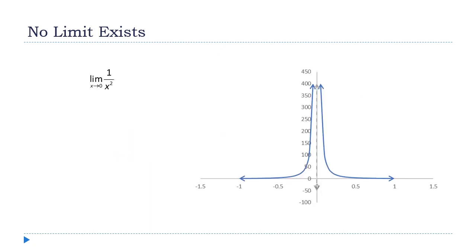Okay, let's look at another function here. Take a look at this thing. You see, it's very similar, right? We're looking at f of x equals 1 over x squared, and I've got the graph over here. In this case, we'll get to a formal definition in a minute, but you can see just by looking at the graph that the limit as x approaches 0 from the right of 1 over x squared is plus infinity, and the limit as x approaches 0 from the left of 1 over x squared